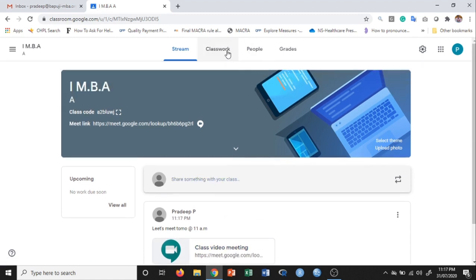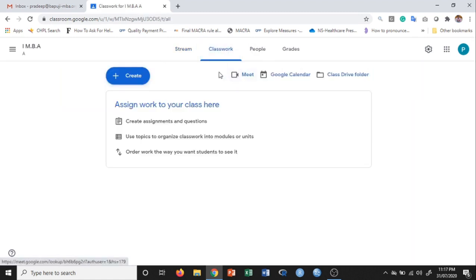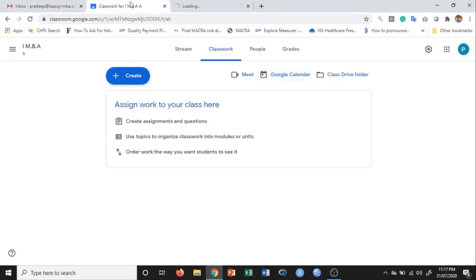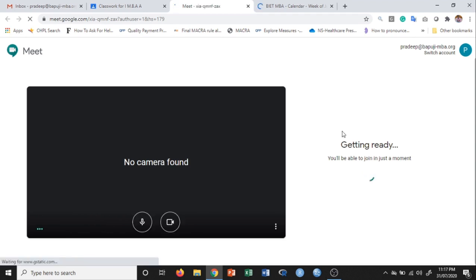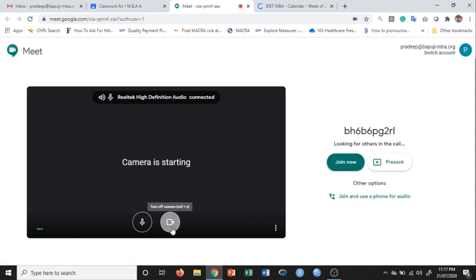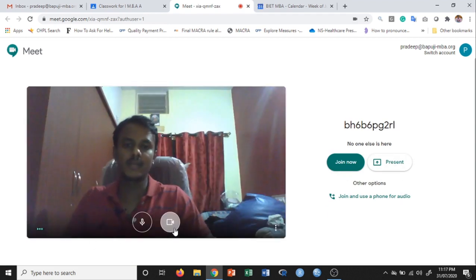So that is one option, and the next option is right here. So this option is also there, and this option has already been explored. You can also set up a Google Meet using your Google Calendar. So you can start a meeting by simply clicking on the Google Meet option, which is available here as well. So once you click on it, this is how the window appears, and the camera is going to start, and there are particular options that you get to see.